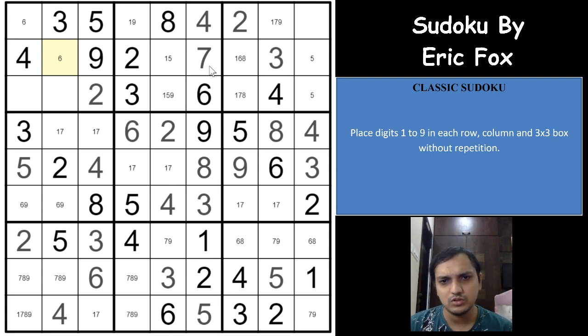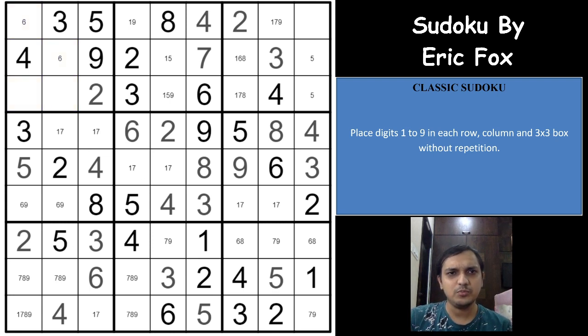I don't think we can mark any more candidates, I mean to say any more digits here. Candidates can be marked, but there are too many possibilities here, so I think we would neglect that for now and seek for the skyscraper logic in this grid. So you can just pause the video and seek for the skyscraper logic that I was about to tell you.